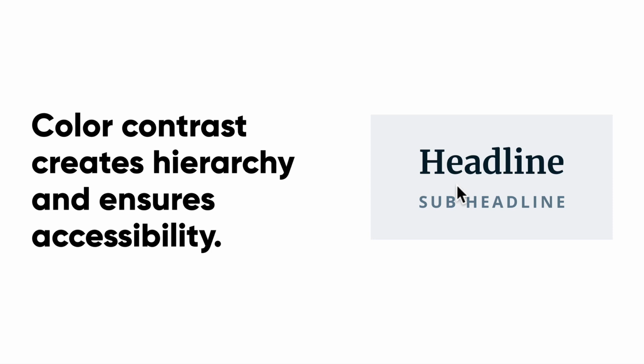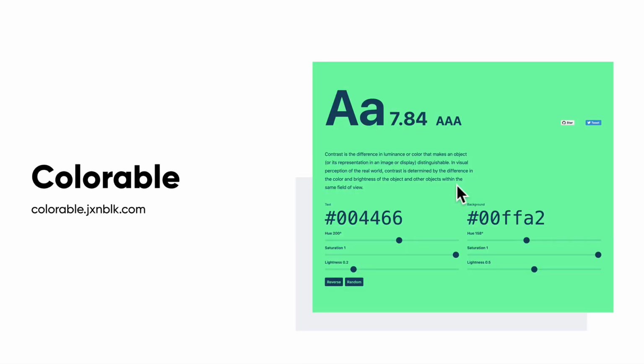There are a couple tools that we can use to check contrast ratios of our colors. Colorable is a great web tool that you can use just to get a quick glimpse of what is accessible if you just type in 2 colors in terms of a foreground and a background. And it'll definitely tell you if it is accessible. And there's a bunch of resources within Figma that we can take a look at when we're creating our own